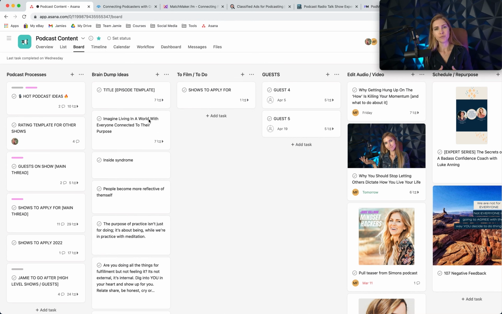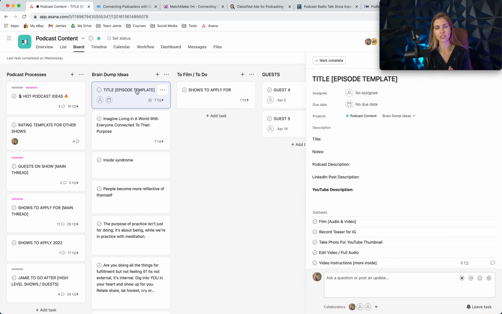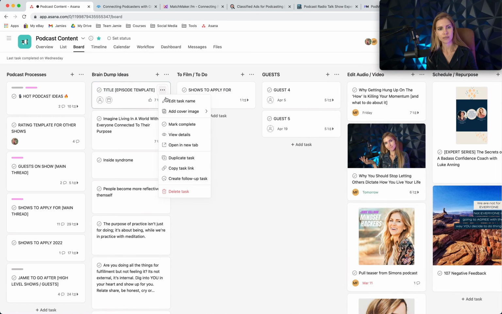So I've actually broken down exactly what an episode template should look like, and I'm going to walk you through that now, because there's a process for when you actually go through to film the episode. Okay, so I have an episode template that you should create for yourself, and it might look a little or a lot different than mine, but the idea remains. Create an episode template that you can just duplicate,